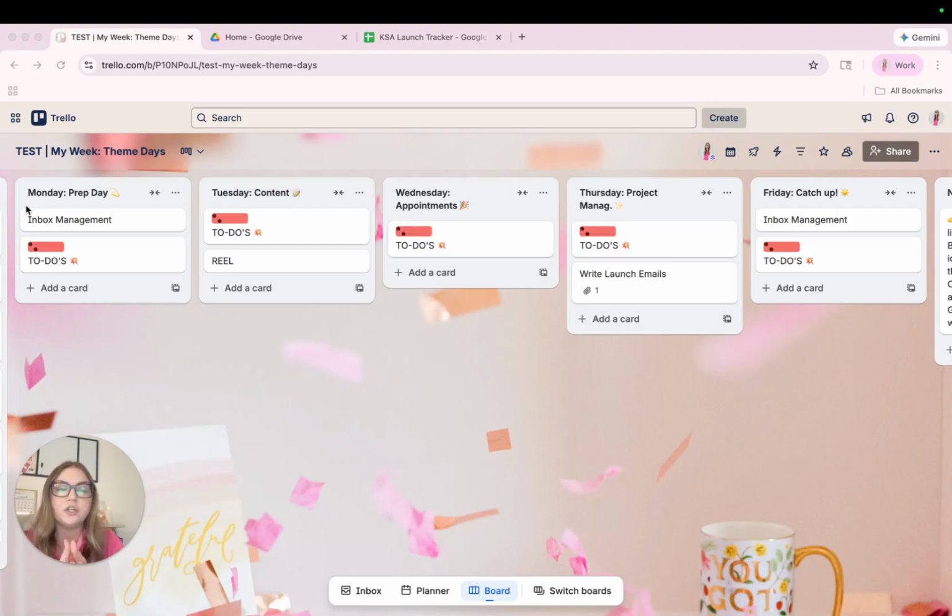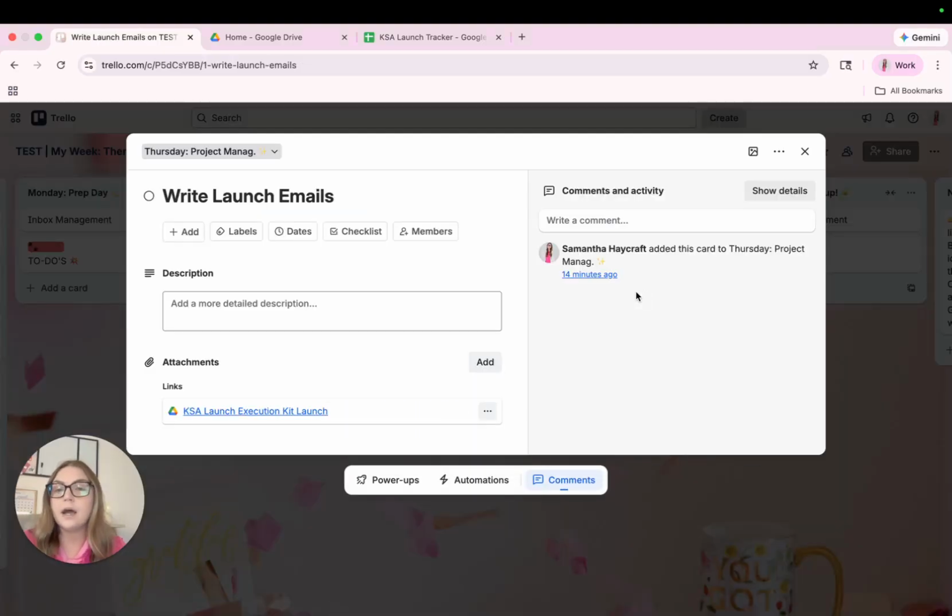So inside of a card, you can include the Google Doc. You can include the file drive, the folder link. Any relevant resources can be added. So that way, when you click the card, everything that you need lives there. No searching, no digging. So for example, for writing these launch emails, maybe I need the sales page link, so